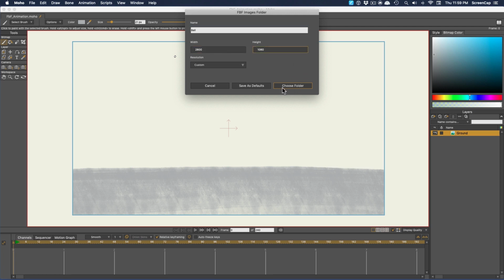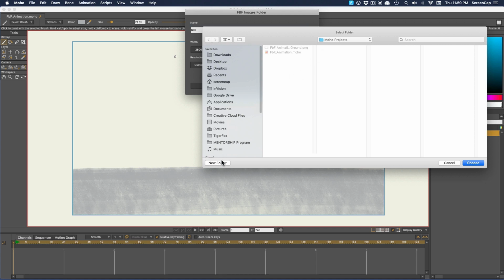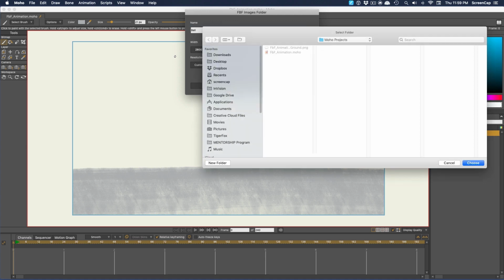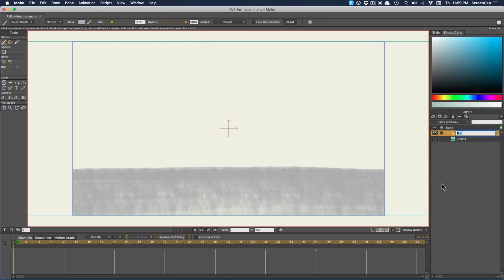And now we need to choose a folder where we want to keep the image files for this frame-by-frame group. Remember, image layers in Moho will link to a separate image file. They aren't saved as part of the .moho file. So we'll make a folder in the directory next to our project file. And now image layers we create in this frame-by-frame group will automatically get put there. Then if we open that, we can see that it's made an image layer to serve as our first frame